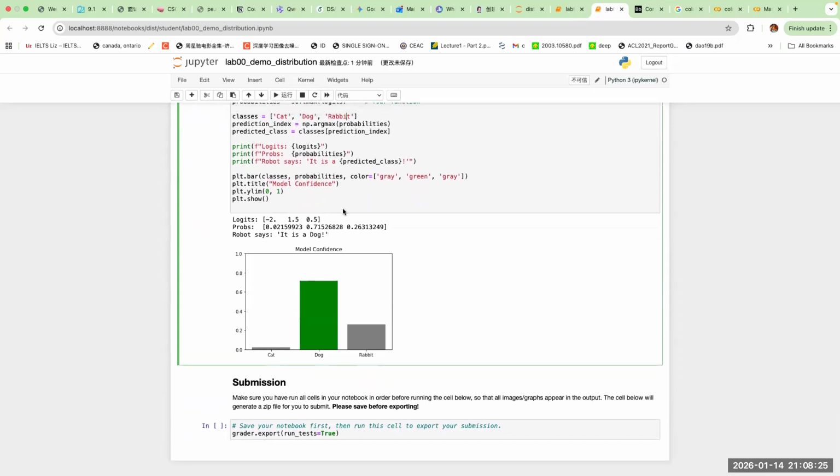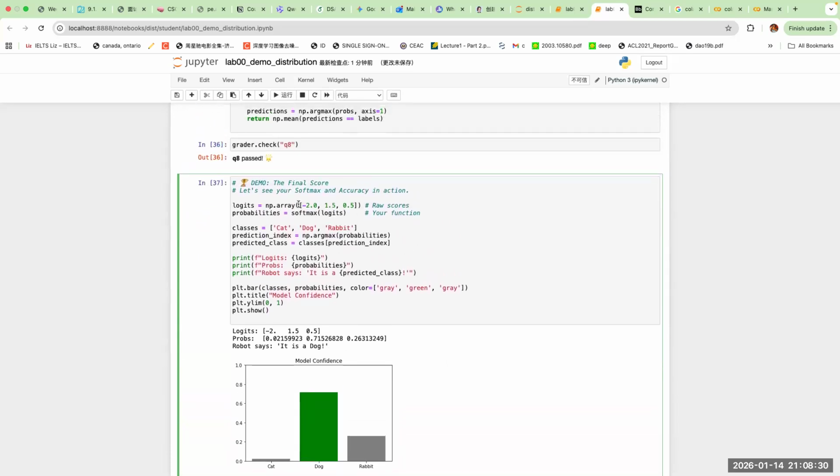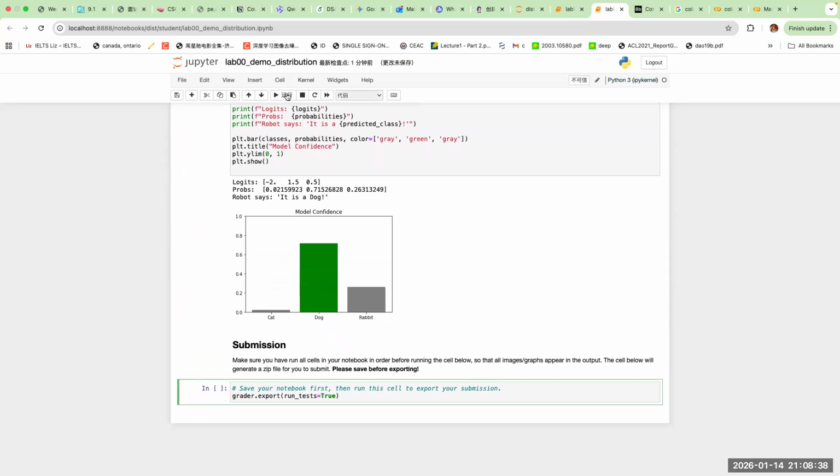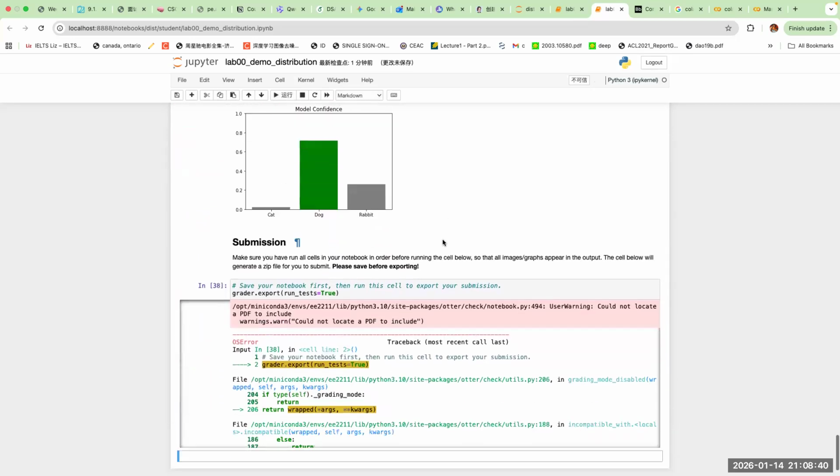And you can see that I have logit, I have a softmax function, I have predictions, and you can convert that into the model confidence. That's the simulated output of the softmax functions, and to see that it works. Okay, after doing all of this,